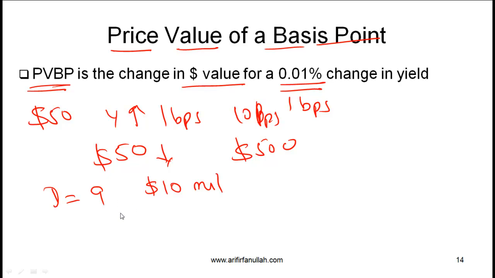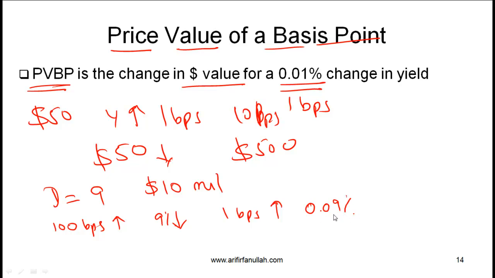The way you can look at it is, duration 9 means that for a 100 basis point increase, the value of the portfolio will come down by 9%, which means that for a 1 basis point increase, the value of the bond portfolio will come down by